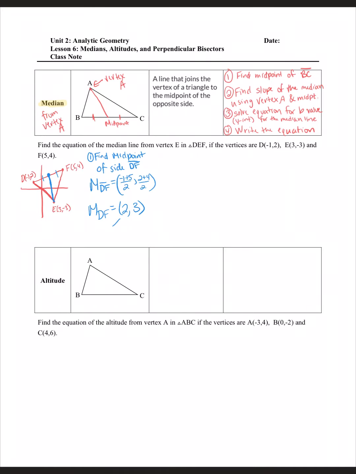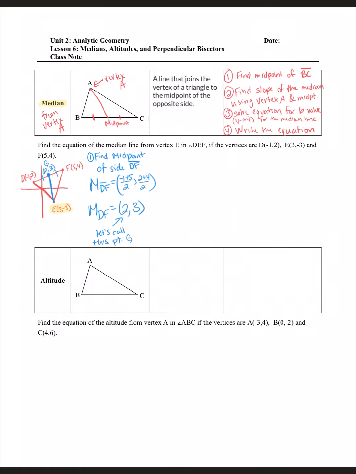Let's give this a point. Let's give it a name. So let's call this point G. Okay, so I'm just going to label it up here. So we'll say that we have point G at 2, 3. So now we can see that we have some information about this line that we're working to find the equation